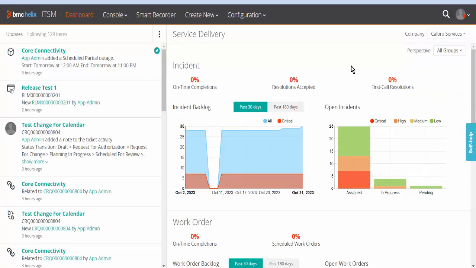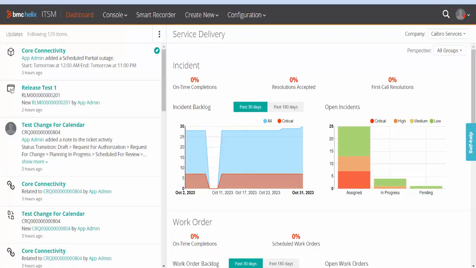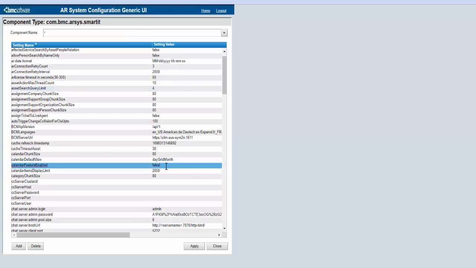I'm currently logged in to Smart IT with an IT agent role and landed on the dashboard. If you notice, I don't see the option of calendar in the menu bar. The reason is this feature is not enabled, and it can be enabled. Enabling or disabling the calendar option in the menu bar of Smart IT is controlled by a parameter under the component Smart IT global setting. It is calendar feature enabled. When it is set to false, the option is not visible in the menu bar. When I change this parameter from false to true and apply the changes,